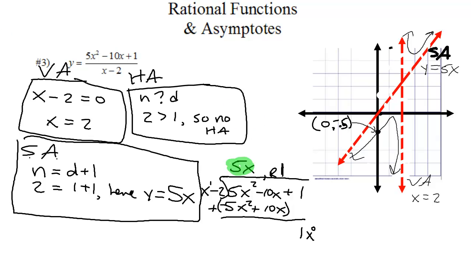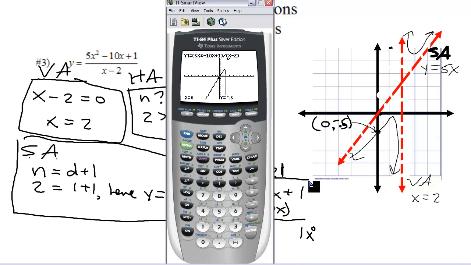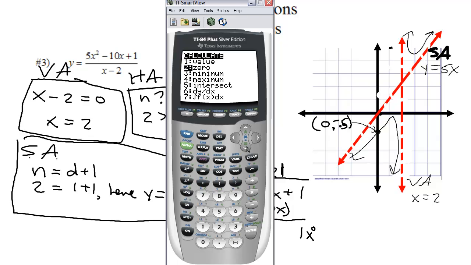And then I got two x-intercepts and my curve isn't showing that, so I need to fix that. But if I do second, calculate x-intercept, which is 0, left bound, enter, right bound, enter,